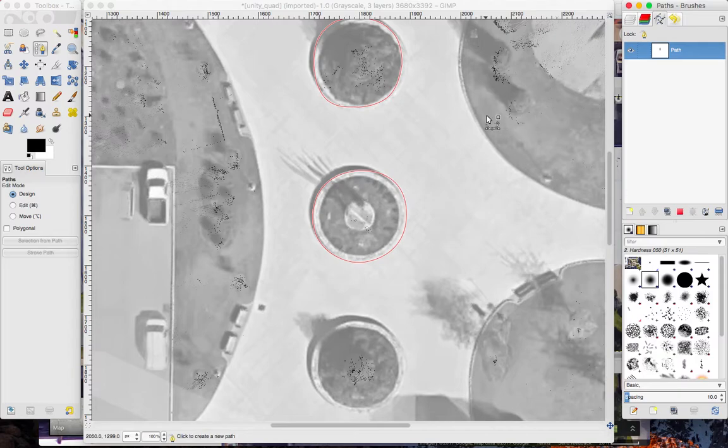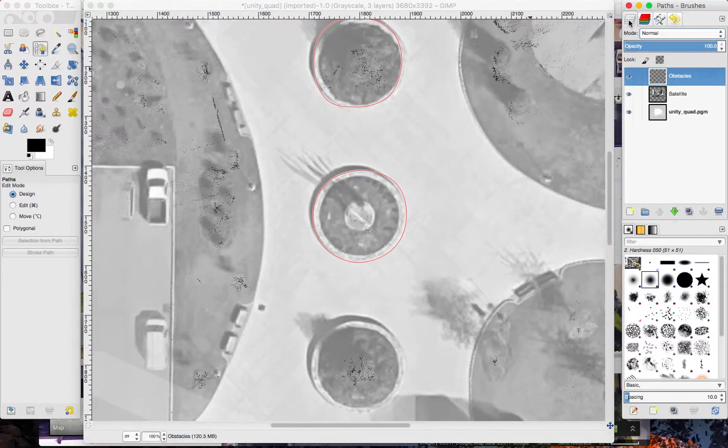Once you have this path, you're not done yet. Make sure you go back to the layers dialog and